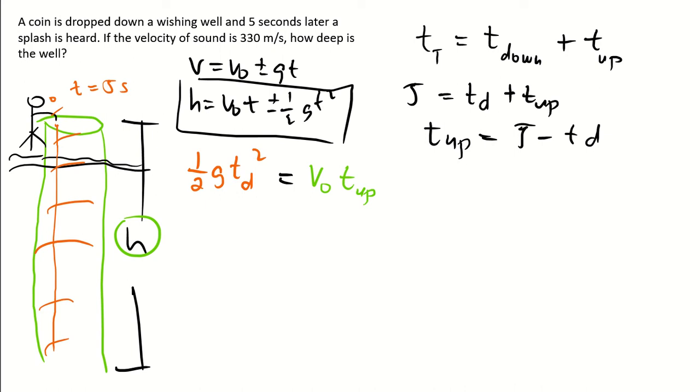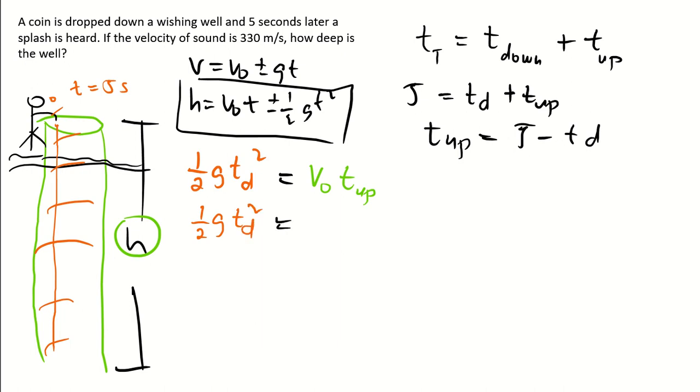So, titignan natin yung dalawang formula, no? Meron tayong T up dito. Nasa sayo na lang kung gusto nyo T up or T down, pero ako, T up ako. Okay? Kasi gusto ko makuha yung T down. Madali lang kasi eh. So, magiging 1/2 G T down squared